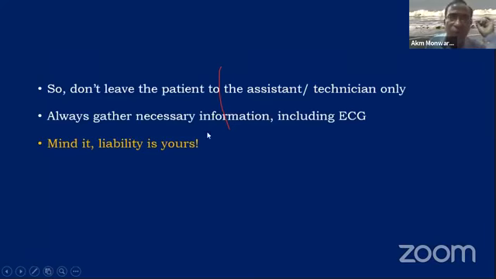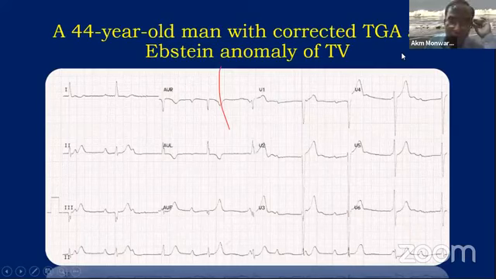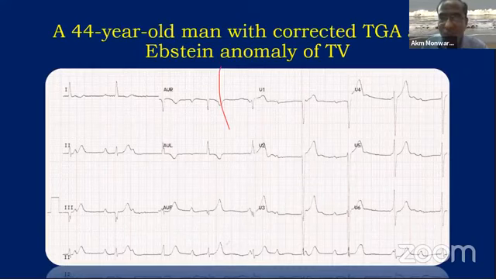This is the story of a 44-year-old man with corrected transposition of the great arteries and Ebstein anomaly of the tricuspid valve. This patient was referred to me for ETT by an electrophysiologist of Dhaka. When I went through the available ECG of the patient, I was a bit hesitant regarding performing ETT. Look at this, you will agree that the patient was having complete heart block. I was especially hesitant because I was to perform ETT in a private center without any inpatient facilities. However,